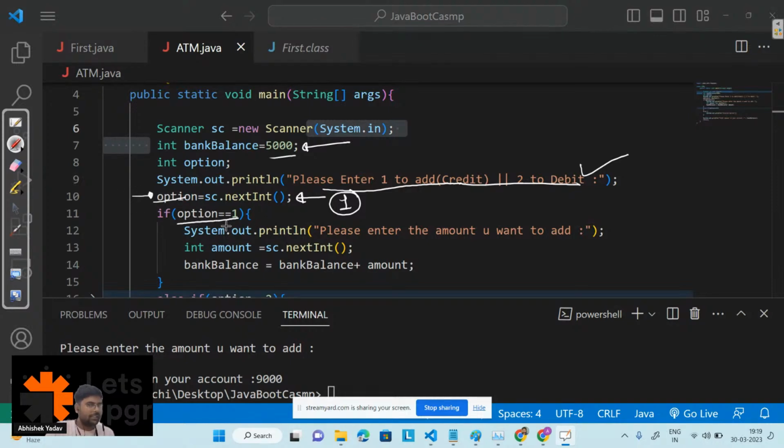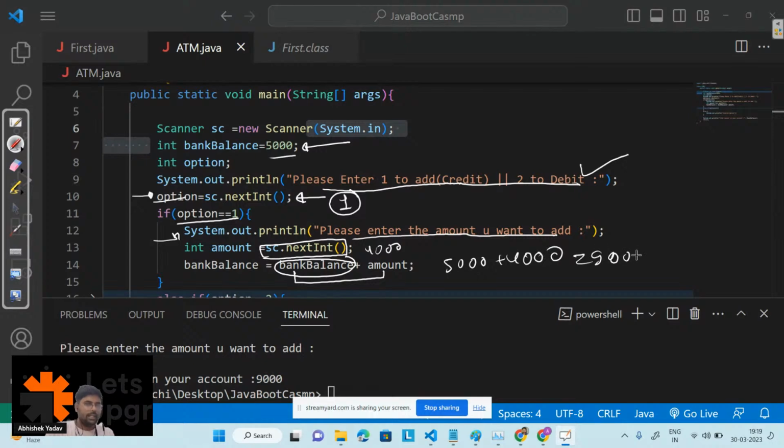The moment the first condition is true, I am printing this message: please enter the amount you want to add. After that, I am taking the amount from the user, that is 4,000 rupees. And after that I am adding that 4,000 rupees with the bank balance, that is 5,000 rupees. So 5,000 rupees plus 4,000 rupees, that is 9,000 rupees, and this 9,000 rupees is stored in the bank balance,